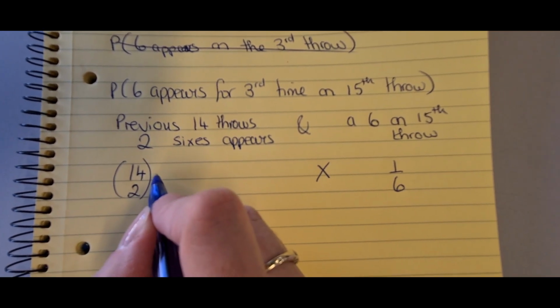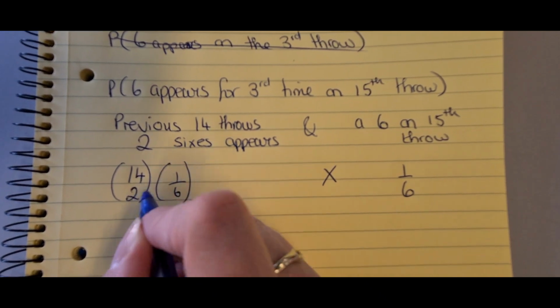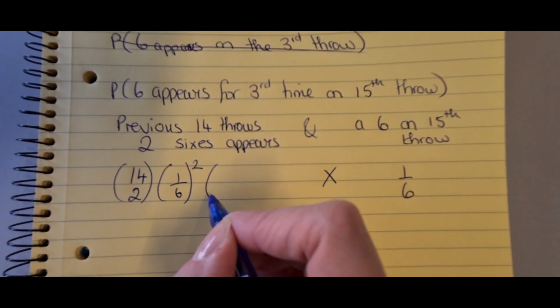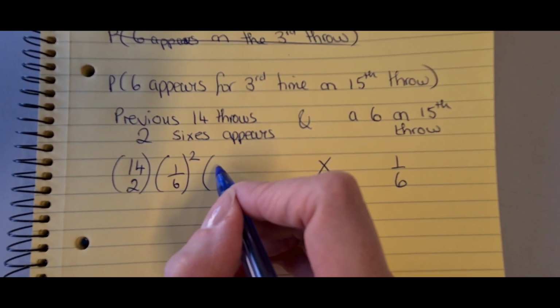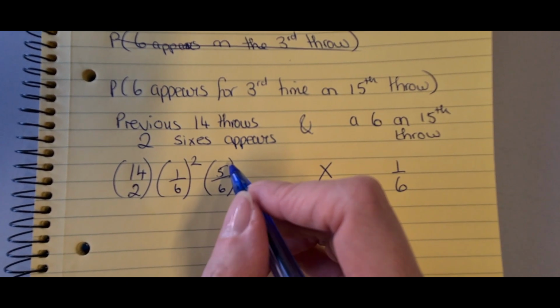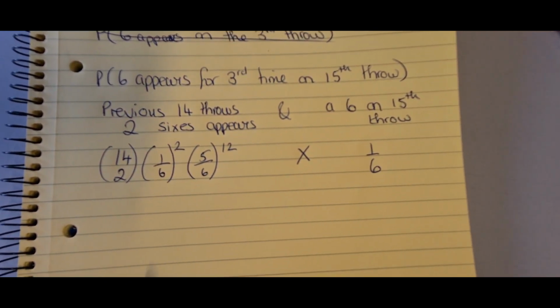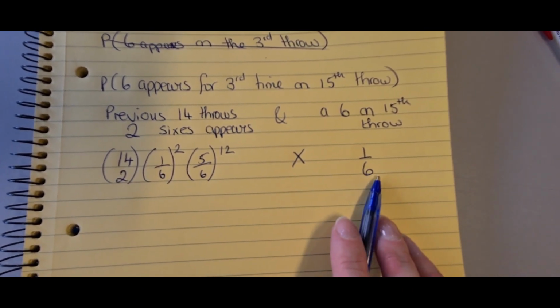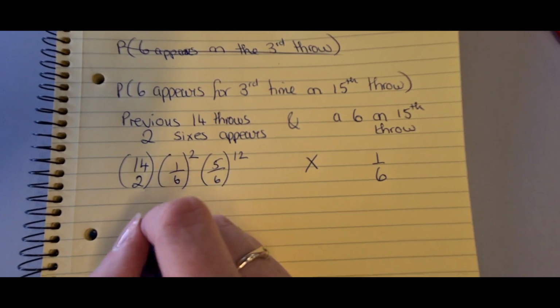The probability of success, p, is going to be 1/6 to the power of r, which is 2. Probability of failure, q, that means not getting a 6. If you don't get a 6 on a dice, you get any of the other 5 numbers. That's 5/6 to the power of n minus r. 14 take away 2, that's 12. So you can then plug all of that into your calculator, and that will eventually give me back